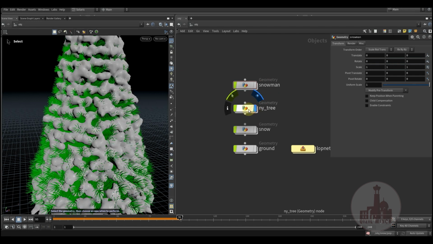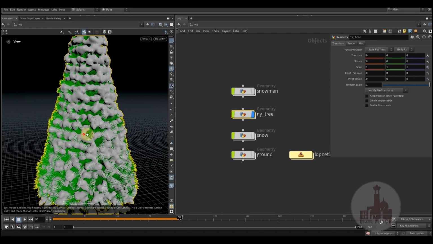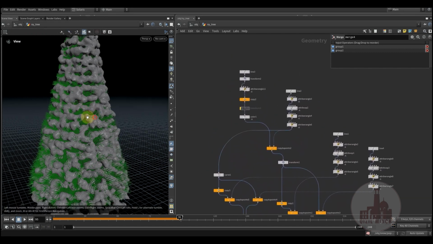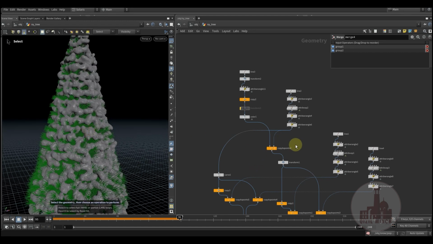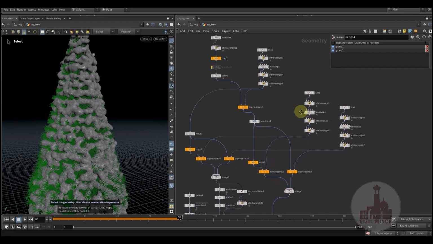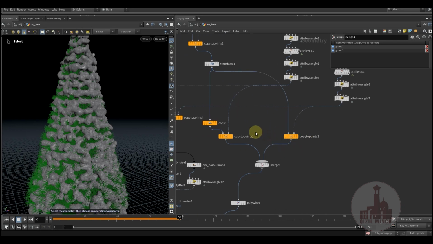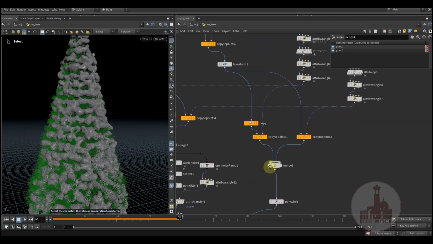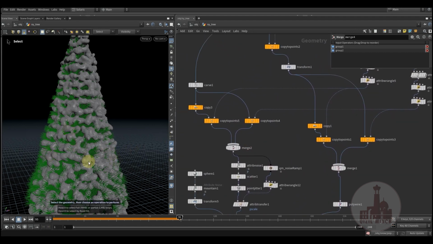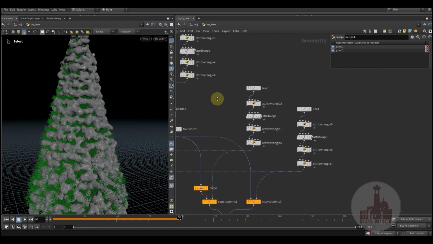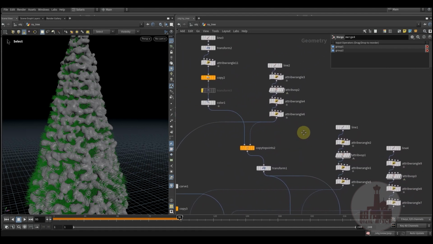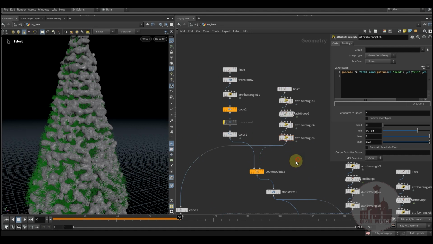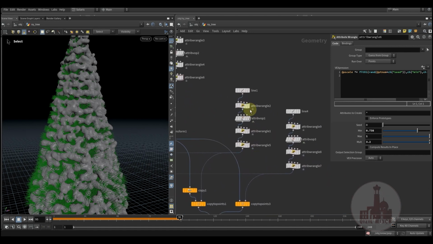Yeah, so next is our tree, which is also simple, a lot of copy stamping. I can split this into two parts, which is the tree itself, and then the second one is the snow. But the base of both is the same. Okay, so starting with the